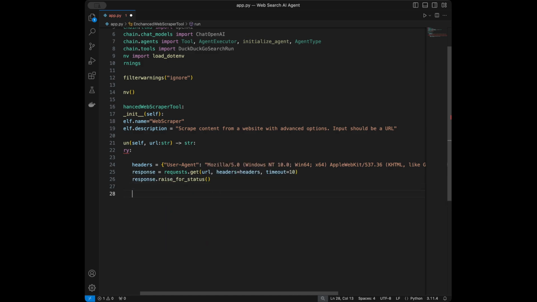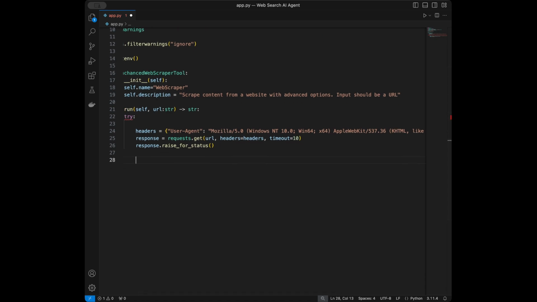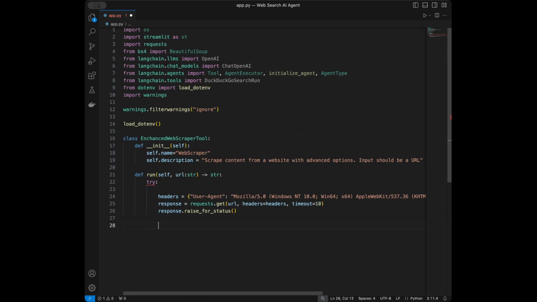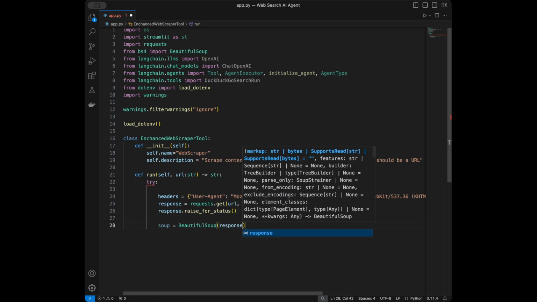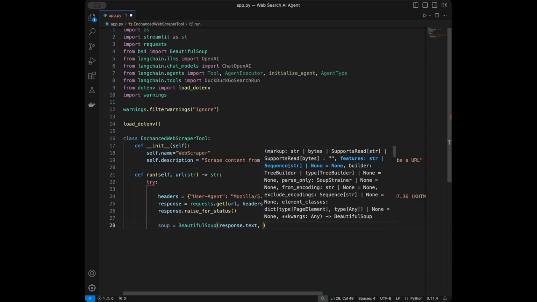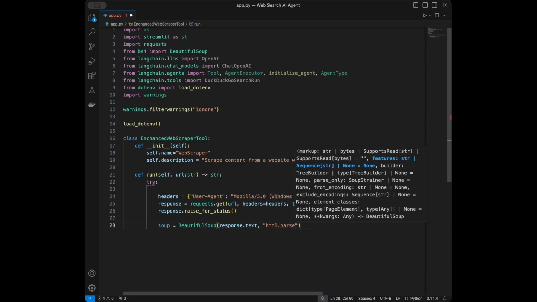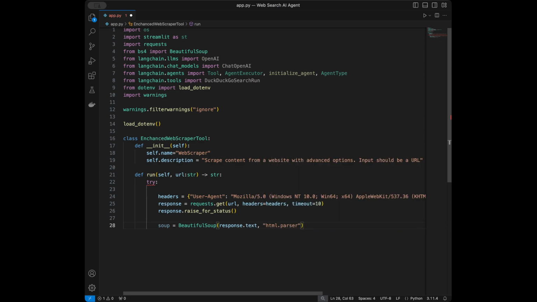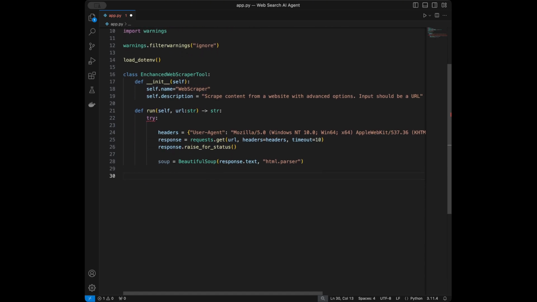Next we are going to parse the HTML content that we get in here. For that we will use Beautiful Soup that we imported. As you can see, I will say soup is going to be BeautifulSoup, and I will say response.text, and I will say html.parser. So in here we are parsing the HTML content, and at the next place we need to remove the script